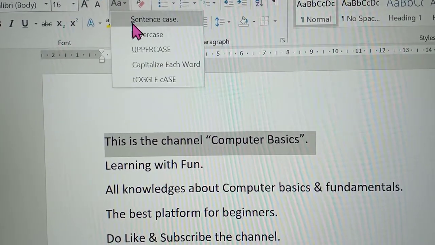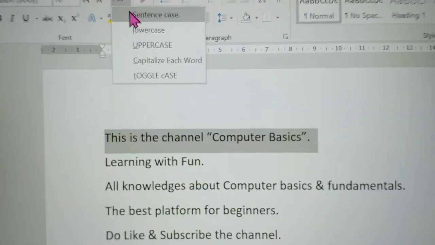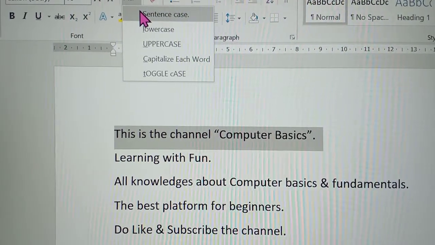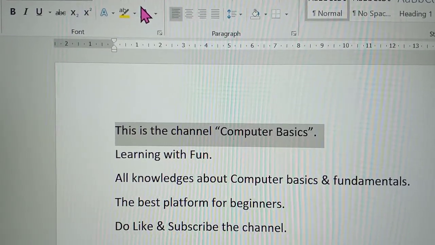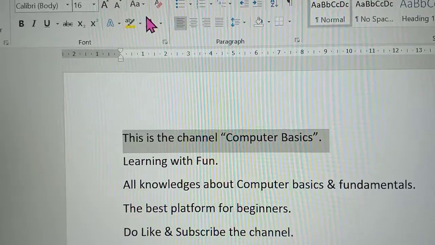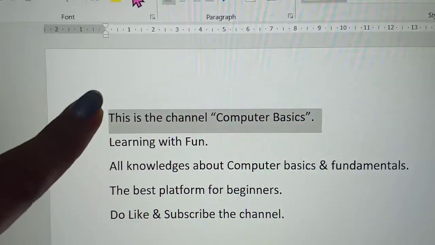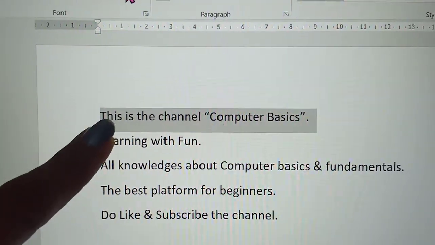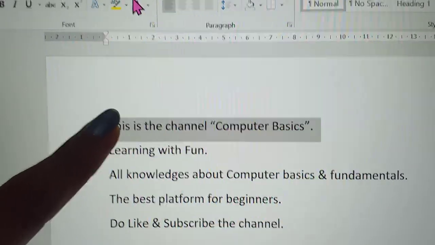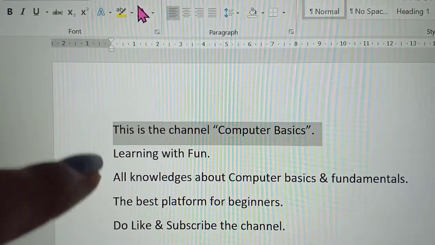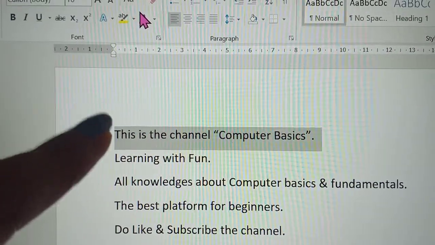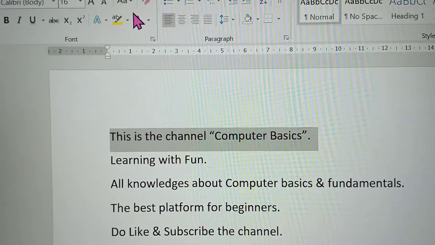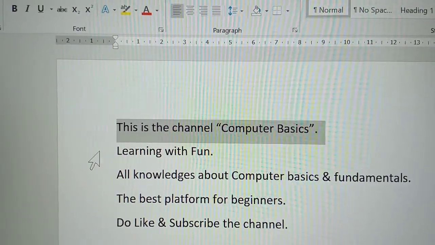Here I will set sentence case. See, this line, this channel Computer Basics, is already in sentence case, so no changes are done. Next, I will select the next line.